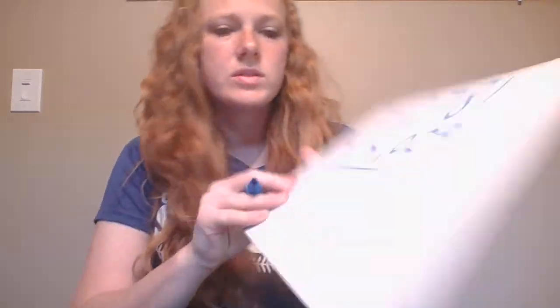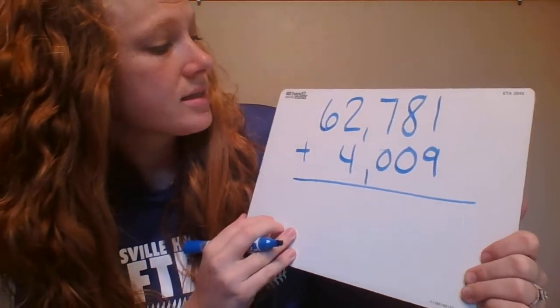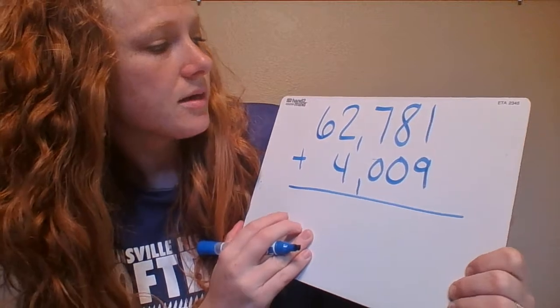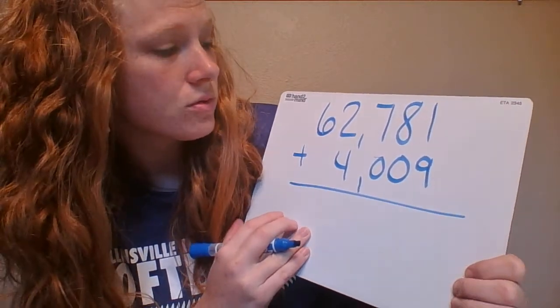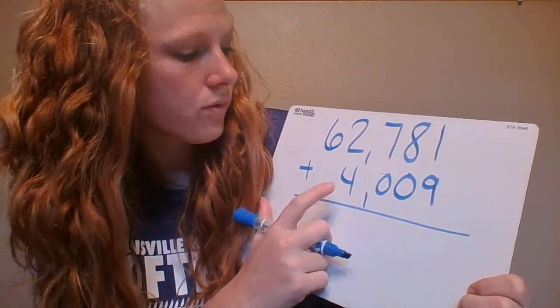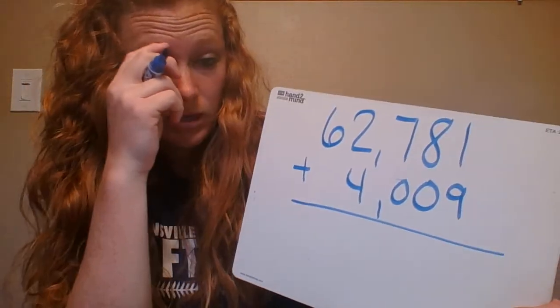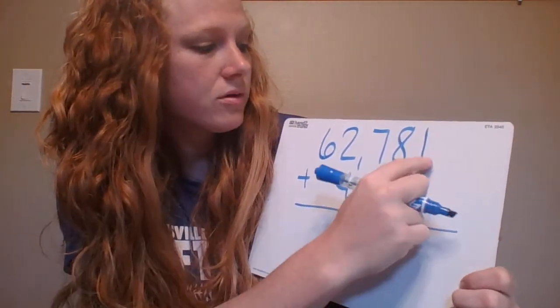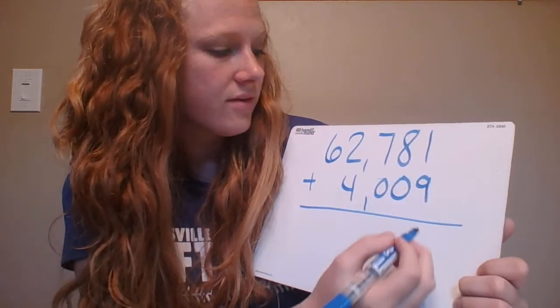All right. We're going to do one more addition problem. We're going to do 62,781 plus 4,009. So in Spanish that would be 62,781 más 4,009. Our first two numbers that we add together are 1 and 9, uno más 9, which is